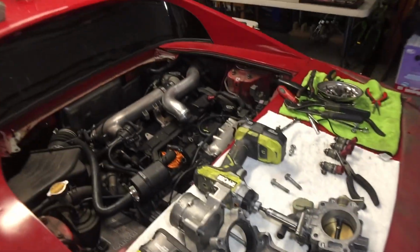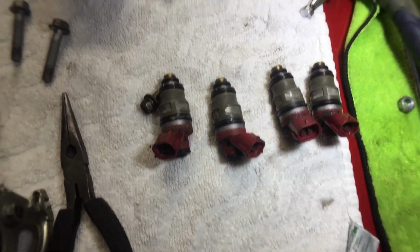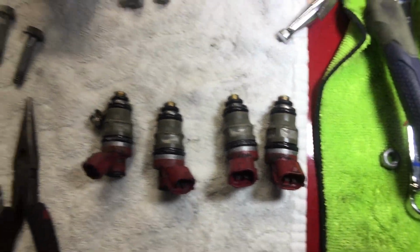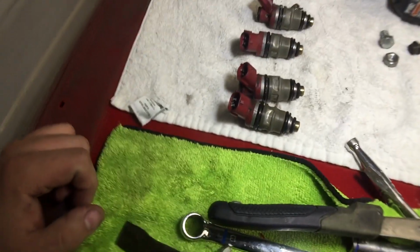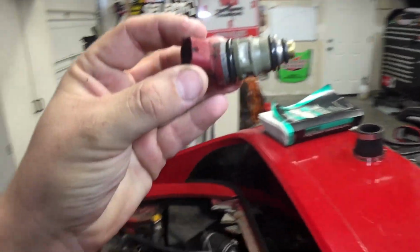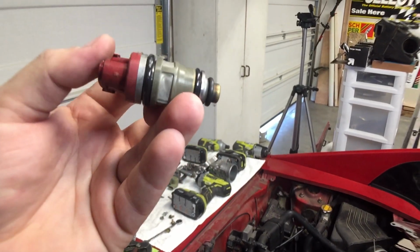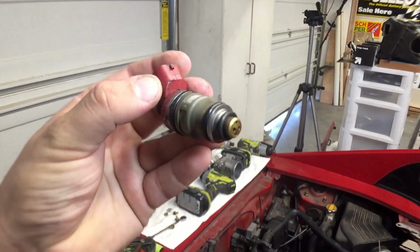Okay, so got them out. Here they are. That's how they were in the car. I don't know if that makes a difference for anything, but I don't really know much about injectors myself. Sorry, lighting is kind of bad. I don't know how to tell if they're leaking or something, but that's why I'm going to send